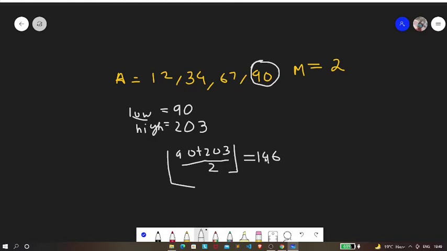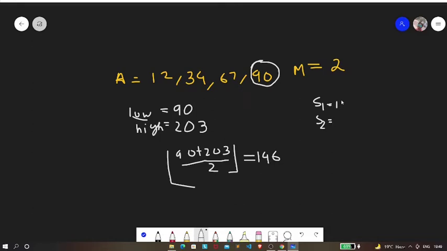Now if our answer is 146, it needs to satisfy two conditions, okay? So we need to distribute these books among m students such that their sum doesn't exceed this value 146. So let's consider two students, one is s1 and another one is s2, since we have m as 2, right?